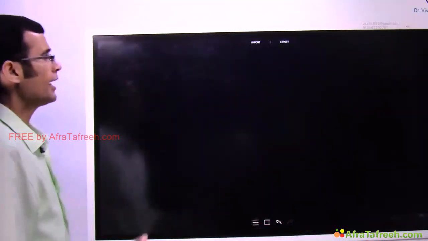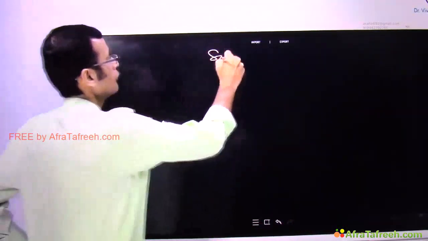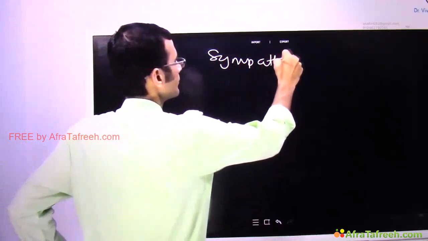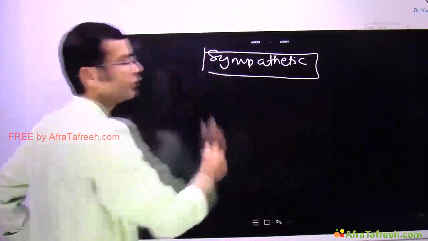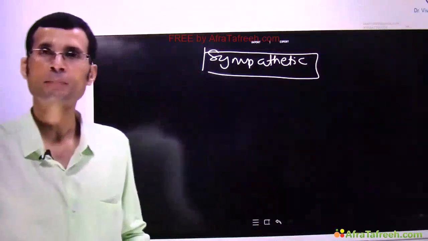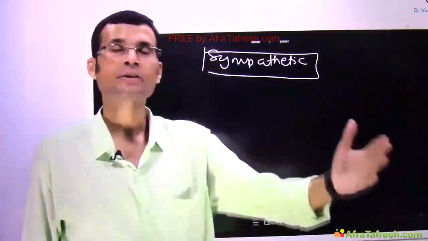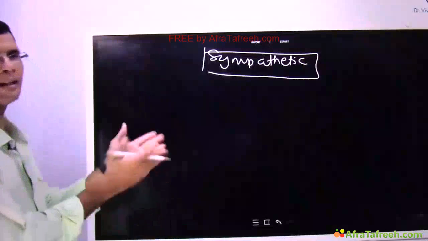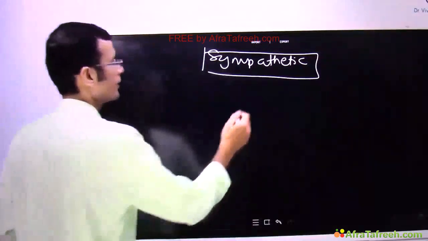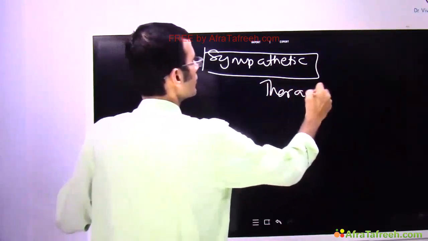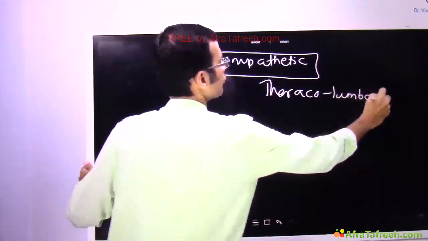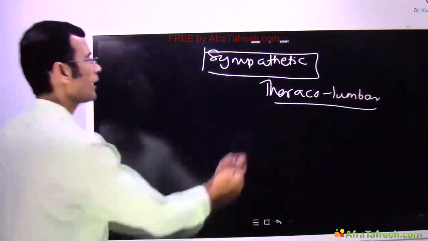Where are they located and how do they function? So far as the sympathetic system is concerned, as I said, it will come into effect only when the body faces some kind of stress or challenge. For instance, our resting heart rate will be under parasympathetic control, under the vagal control, but when we are performing exercise and the body is facing stress, then the heart rate is increased by the sympathetic division. So let's see where the sympathetic division is located. It is mainly called the thoracolumbar outflow.